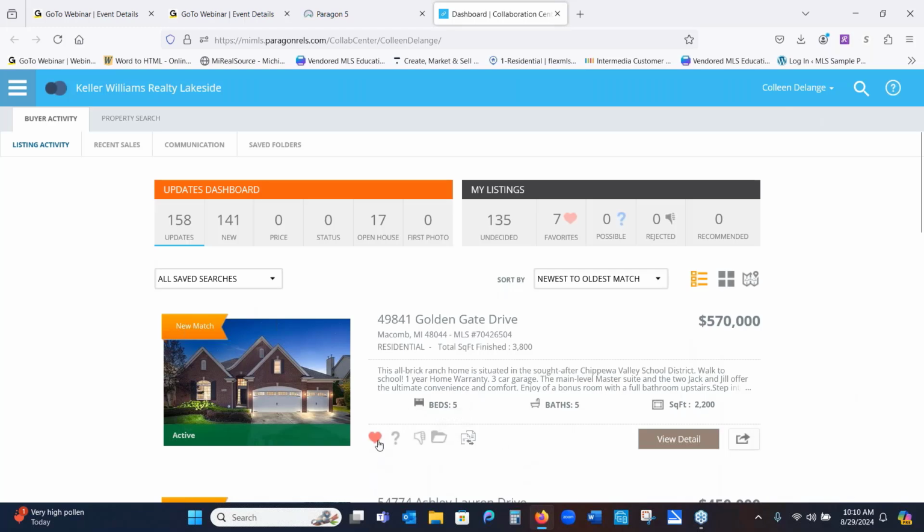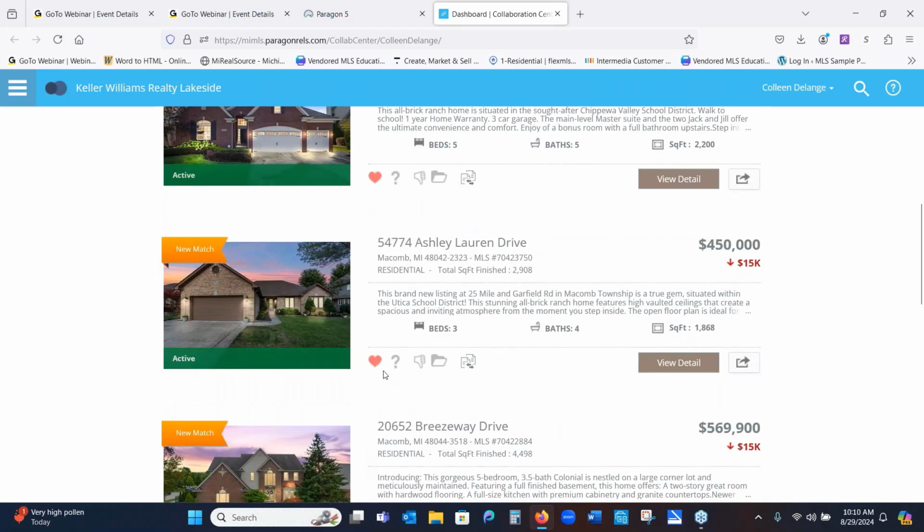If my client is interested in something, they can simply click the favorite button, and that immediately sends me an email as the agent letting me know that they have a new favorite property. They can, of course, ask questions, flag things as possible. They can reject a property. They can even make custom